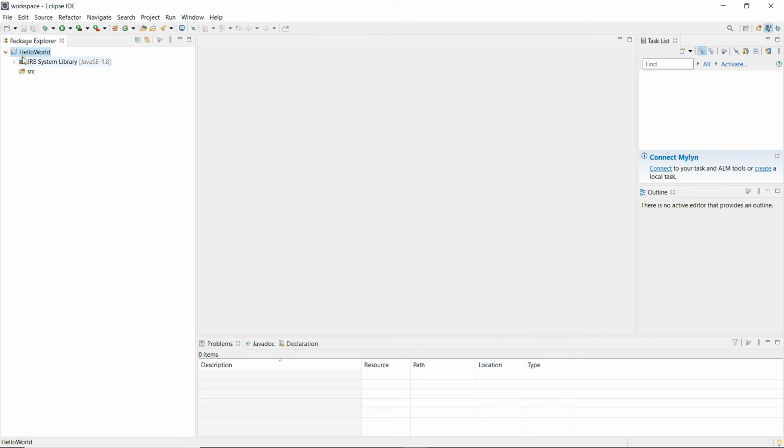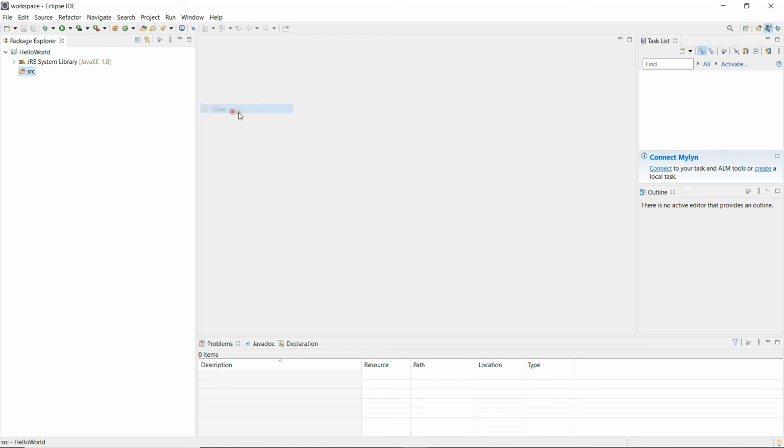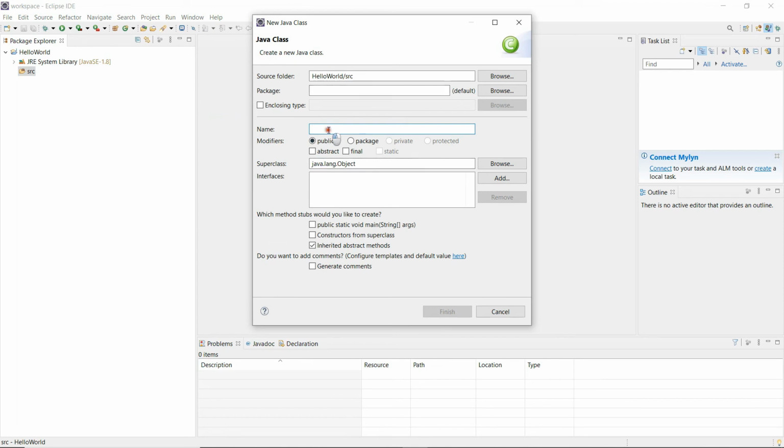So this is the basic structure of the project, which shows SRC as the source folder and the JRE library that is included as part of this project's build path. Let's create a new class. Let's give the name of the class as Hello World. If you can see, this class is being extended from the superclass